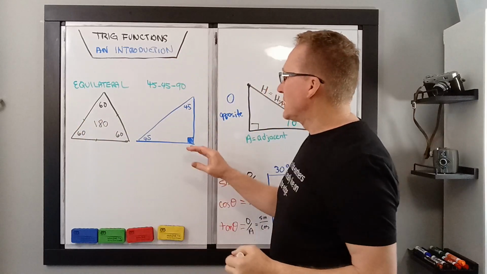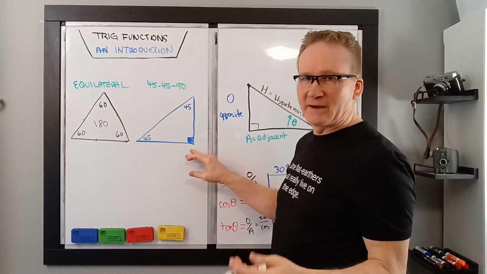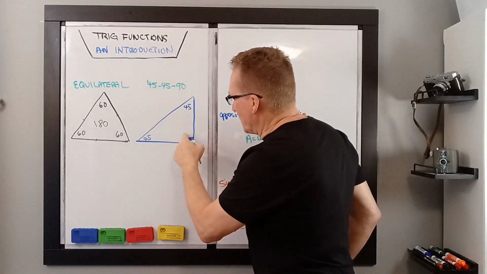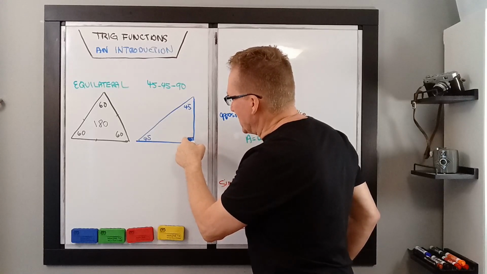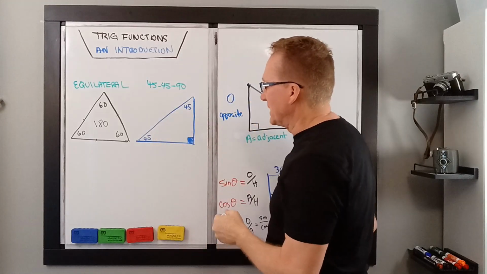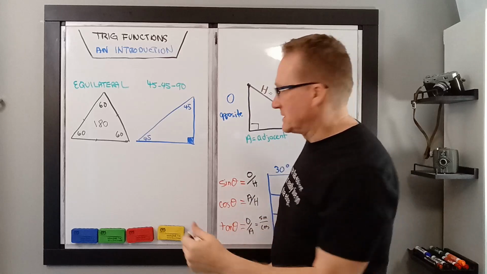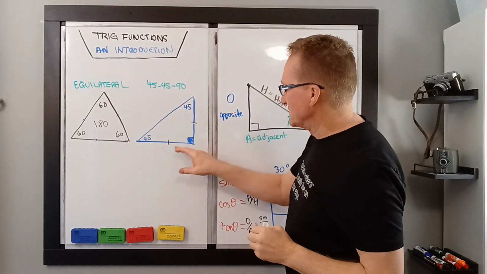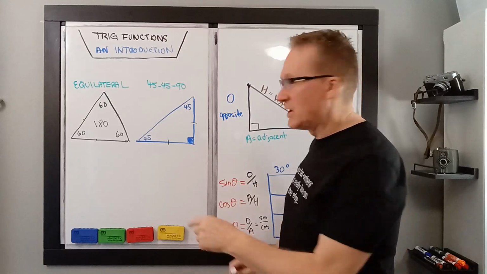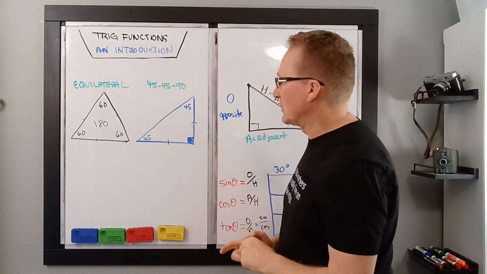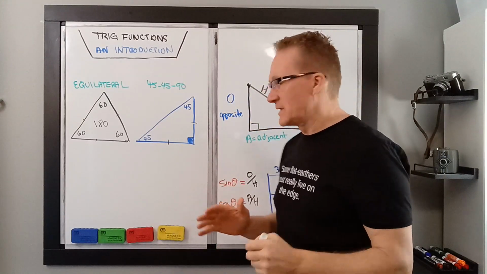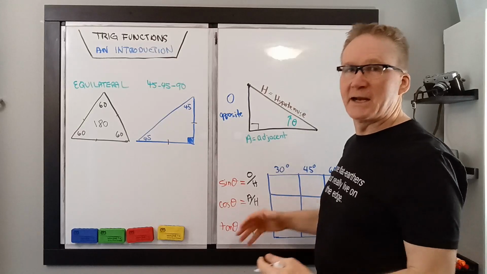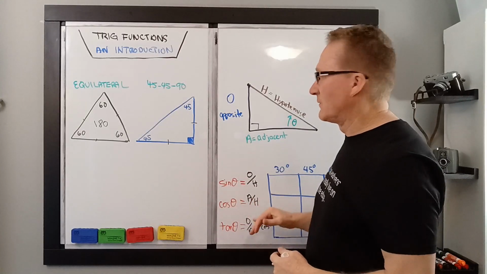And then here's another triangle. This is called the 45, 45, 90 triangle. This is a triangle with one of the angles being 90 degrees and the other two being exactly identical, which forces these two sides to be the same length as well. So this side is the same as that length. That side is obviously longer. The longer side is always opposite the 90 degrees, the hypotenuse. So I'm going to use these two triangles to find sine, cosine, and tangent as well for 30, 45,